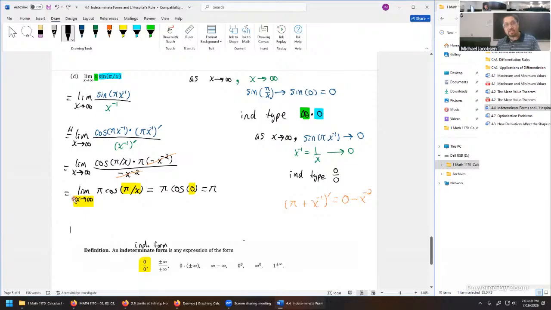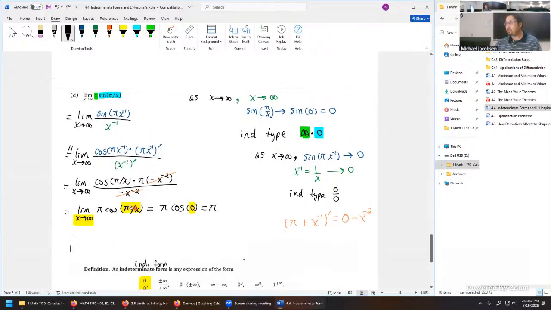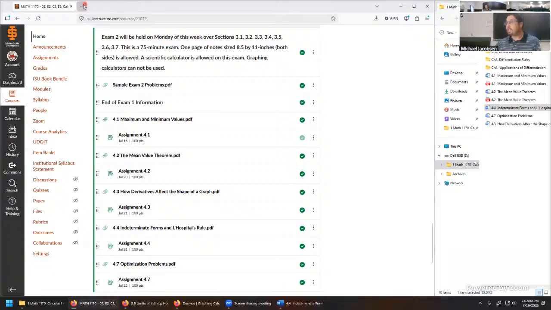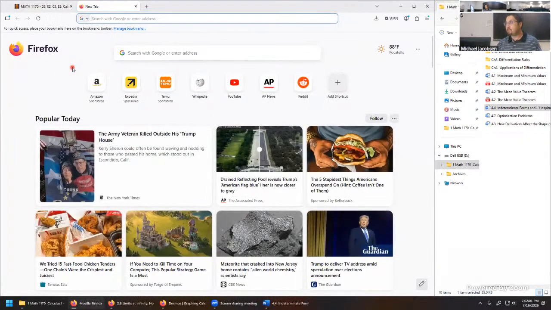But probably the more honest answer of what any of this kind of stuff is used for is this is really kind of a building block that gets us into Calculus 2. And for the last moment of our time, let's take a look into that. Let's go to, let's see, I never taught Calculus 2 yet in Canvas. So let's go back to,